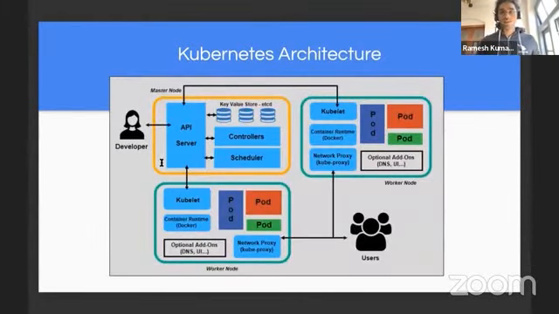So let's talk about a very high level overview of Kubernetes. As I said, it has a set of nodes. There's one master node, and there can be n number of worker nodes. The master node has the API server, the controller, scheduler, etcd. I'm going to talk about these as well, of course. So API server is something which